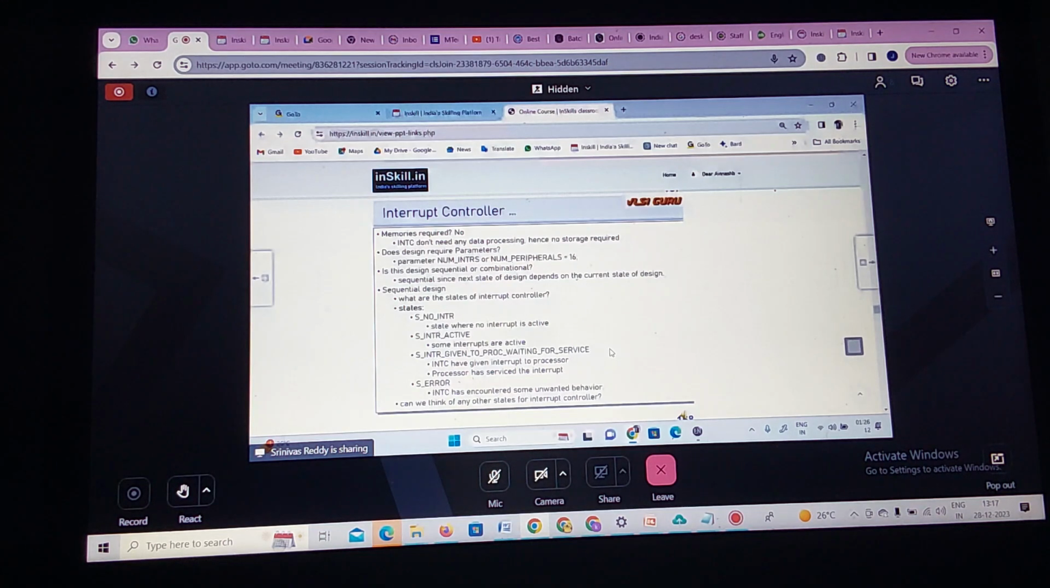For this, there are four states: the state with no interrupt, interrupt active, the state with interrupt given to the processor, and waiting for the service. Did you understand? These are the states. So we'll be using the finite state machine to model the